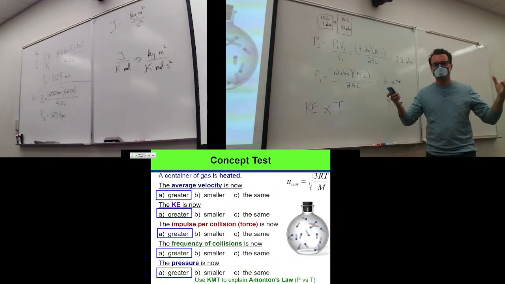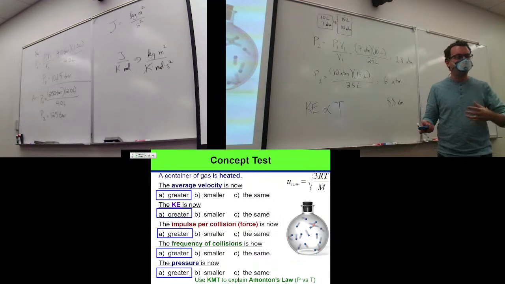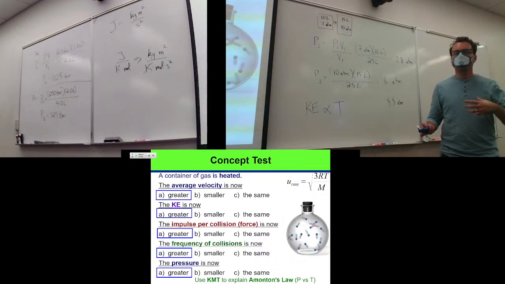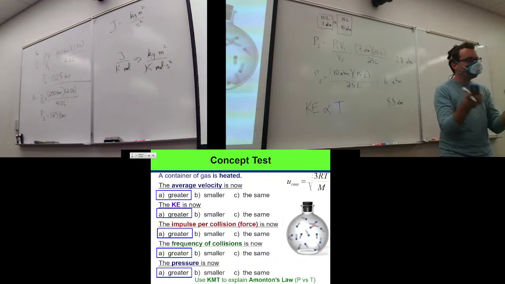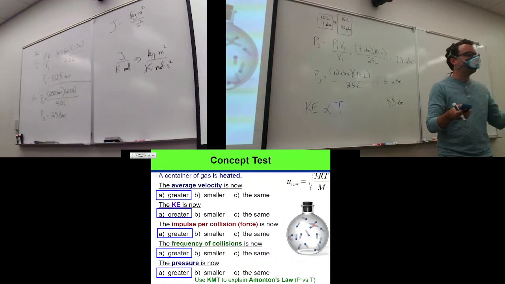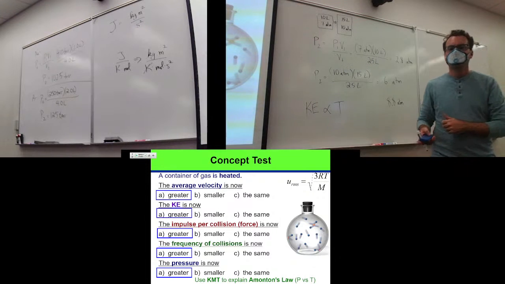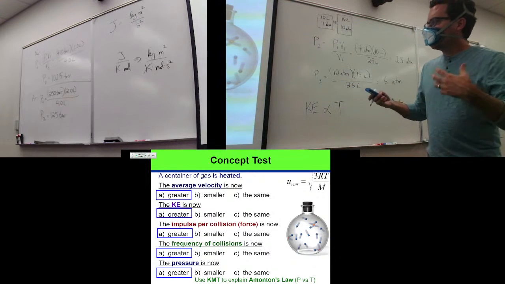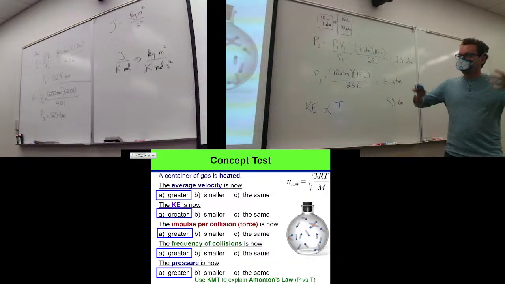Is it a heavier molecule? Is it a faster moving molecule? Is the greater number of collisions caused by more molecules? Or is the greater number of collisions caused by a smaller container, meaning it doesn't have to travel as far? So all of these will affect what is happening on the macro scale, in how we measure